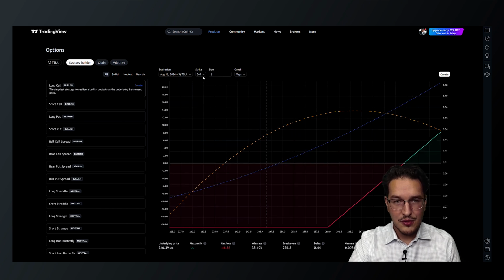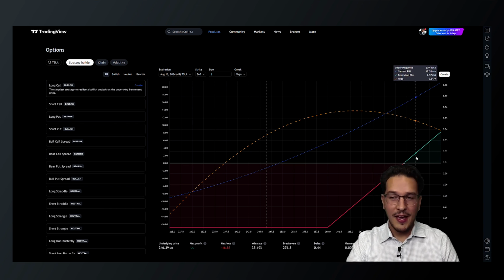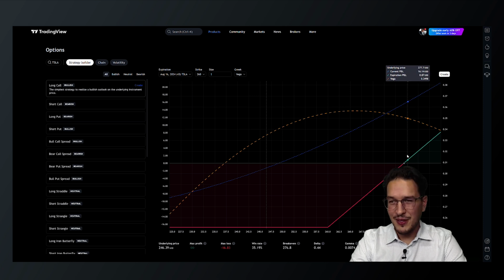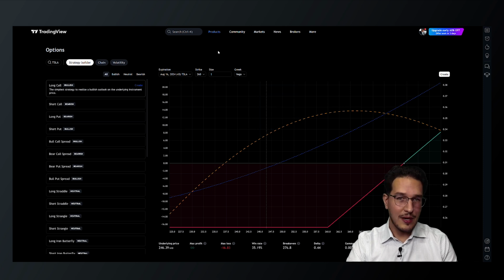So if I select my strike of 260 and my August 16th expiration, just one contract, say I'm looking at my Vega for the Greeks, I can see basically at what price Tesla has to reach for me to break even, what price it has to reach for me to make a profit, and everything else an option trader may be looking for. Don't want to spend too much time on this since you still can't trade options directly